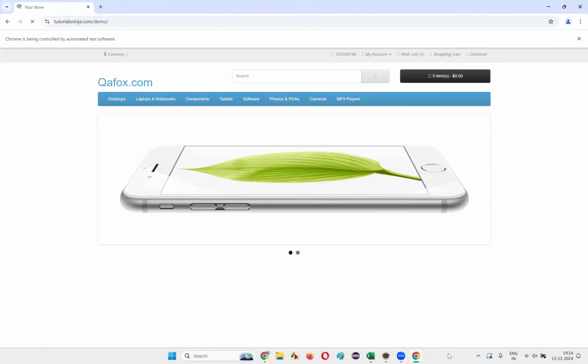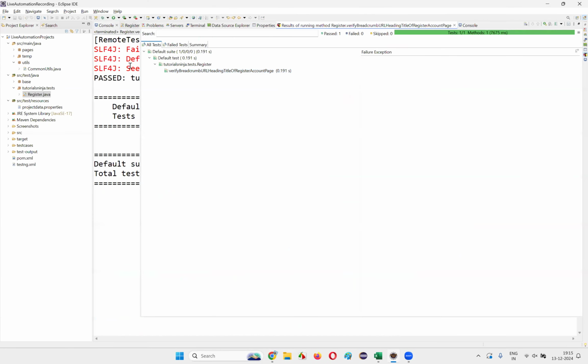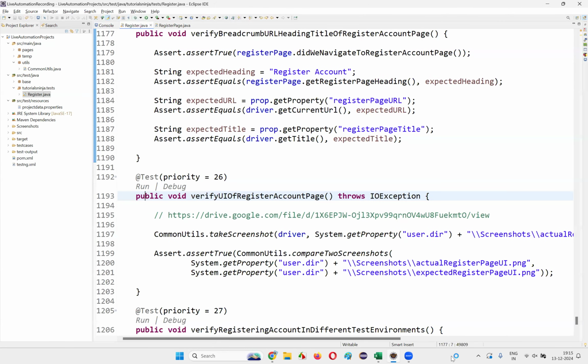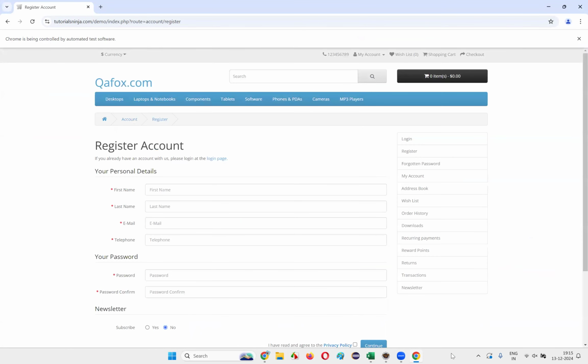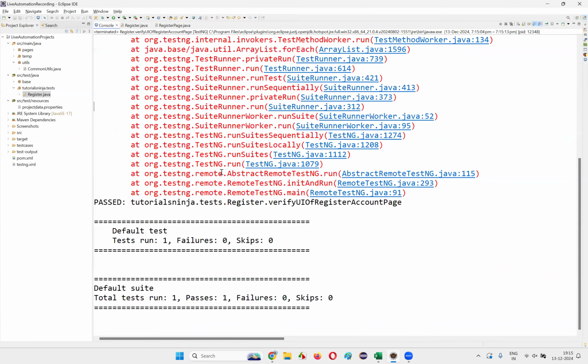25th one, I'm running it separately. See whether it will work fine or not. 25th one. Yeah, it worked fine. Then the 26th one, I have run it separately. I'm running it separately, 26th one, to see whether it is working fine or not. It worked fine. Then next one,